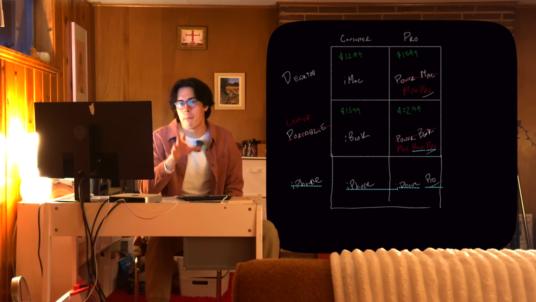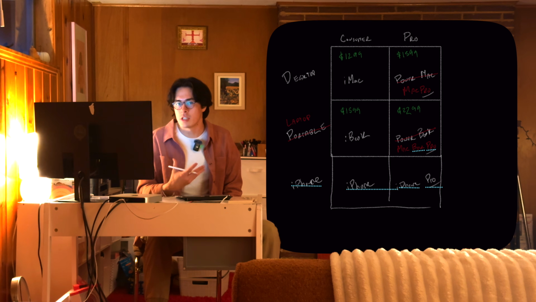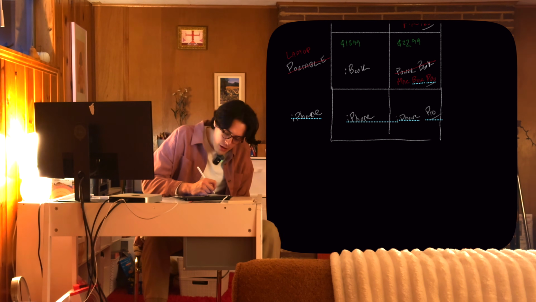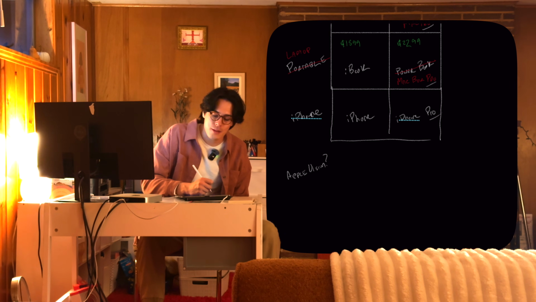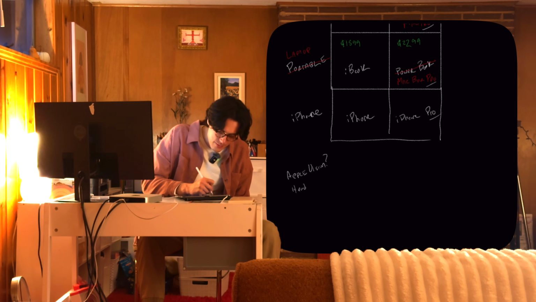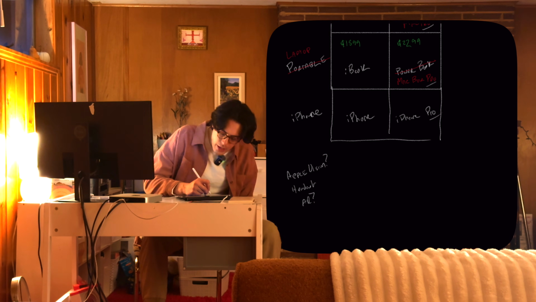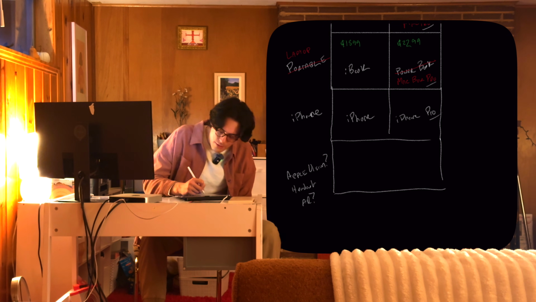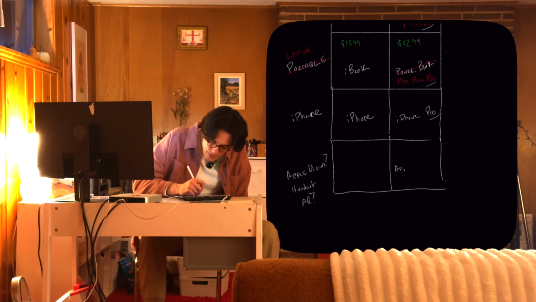I quickly want to draw a parallel here with the Apple Vision Pro before we dive into ChatGPT Pro. So for here, you might call this category the Apple Vision or something like that, or maybe you'd call it something like, I don't know, let's say the headset, or maybe AR. I don't know what you would call this category, right? But what I do know is that Apple is very intentional with the way that they name their products. And so for here, you've got the Apple Vision Pro